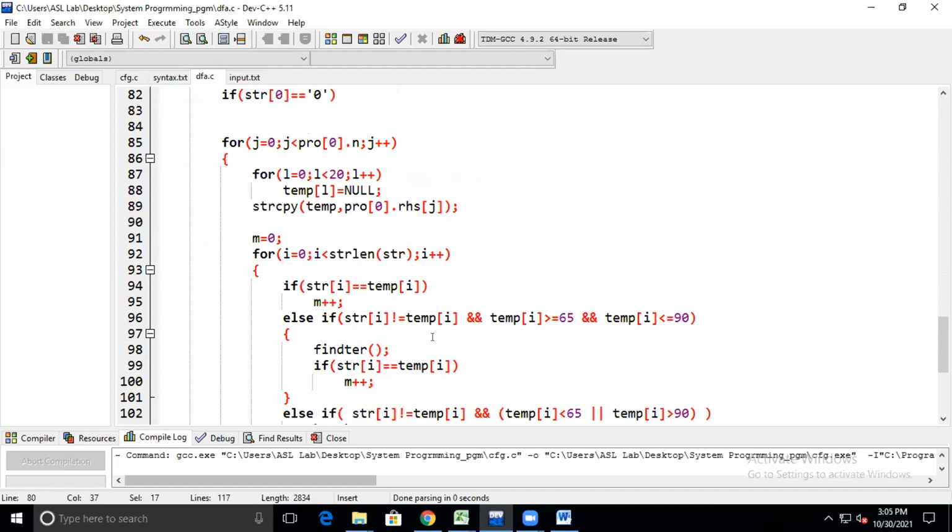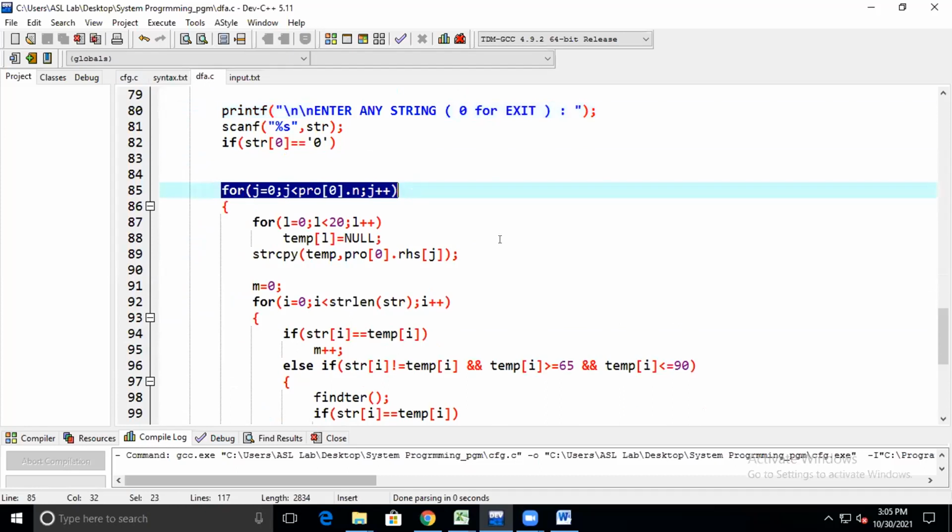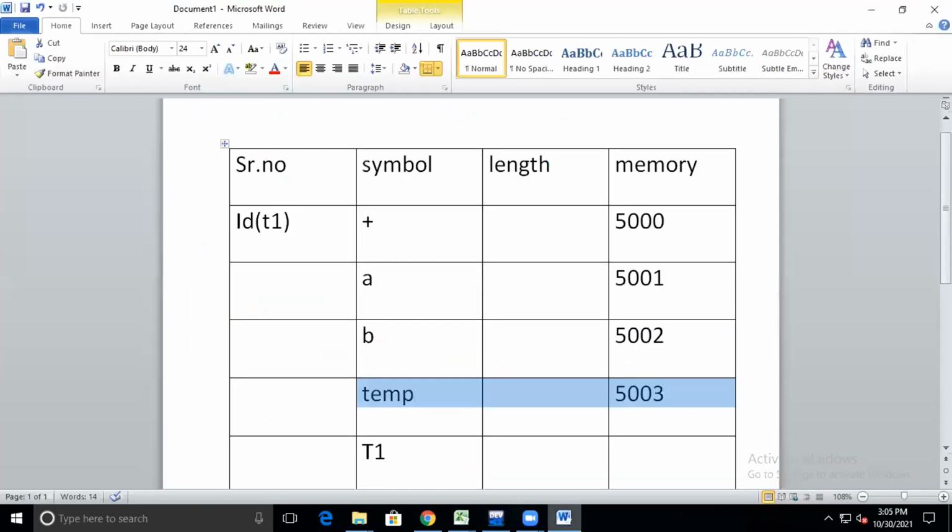For any of the strings I am working on, I have taken a for loop, and again I am putting those string values in the table. I am putting those values in the table, and that table again resembles the symbol, and their memory is also getting stored. Their memory is also getting stored.